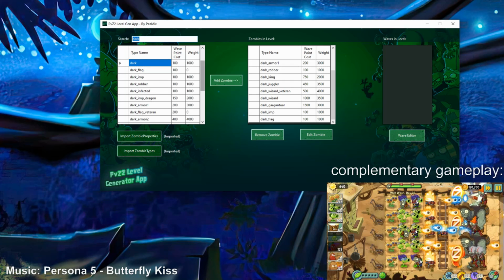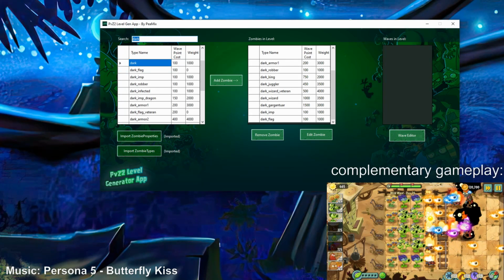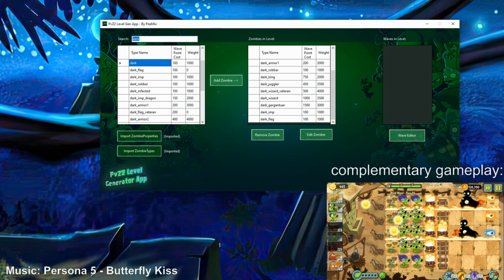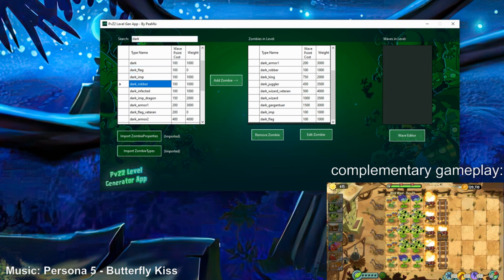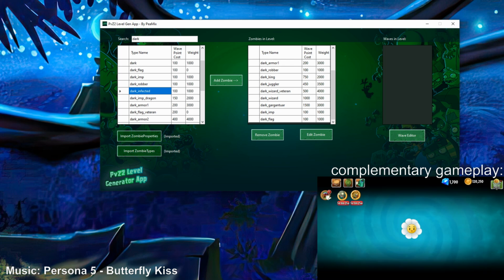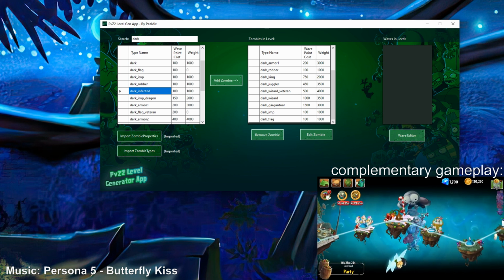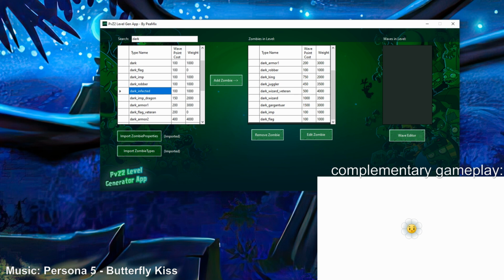explain. You've got your really basic, nothing special zombies, like basic, flag, imp, robber. Infect is just a variant of the basic. All of those are 100. 100 is basically the default, right? So what the game does to actually summon zombies when it's creating levels in Endless or Insanity is